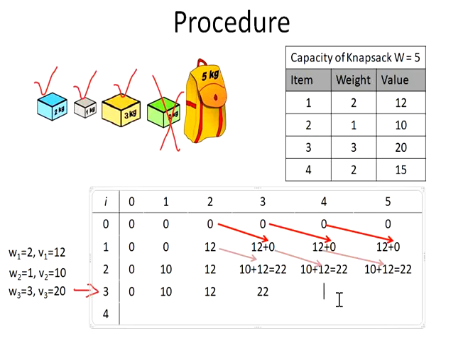When we insert weight 3 in a bag of 4, we are going to get the profit 20, plus what is the remaining weight? 1 kg is remaining. So what is the value of 1 in the previous row? It is 10. So this is 10 added to this. So this becomes 30. So when I compare 22 and 30, 30 is greatest, so retain 30.